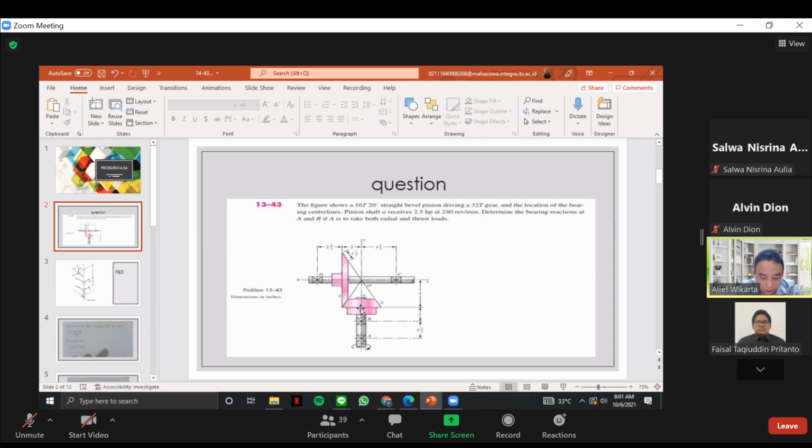Apa yang belum tahu, Mas? WR arahnya kemana? Arah WR tuh arahnya ke